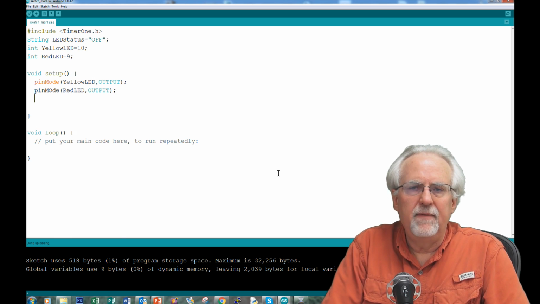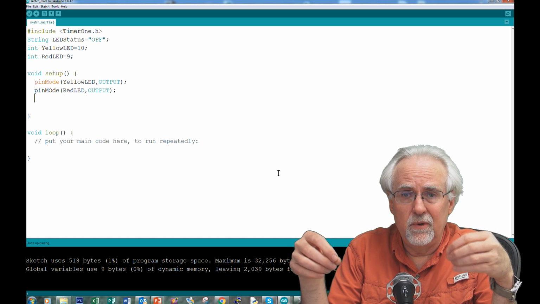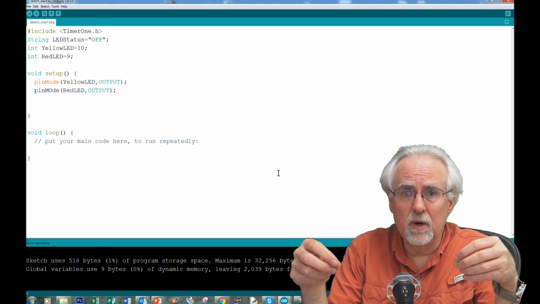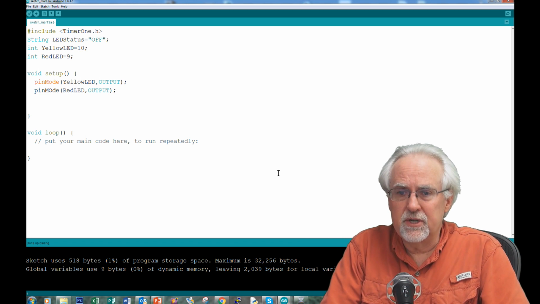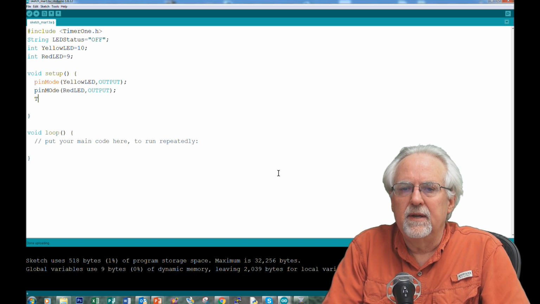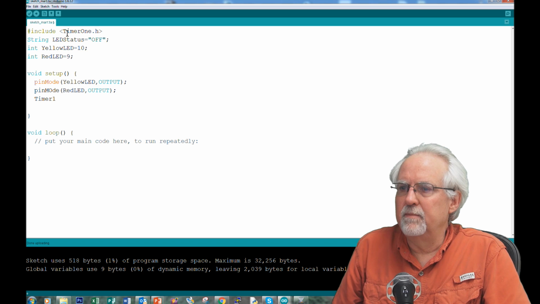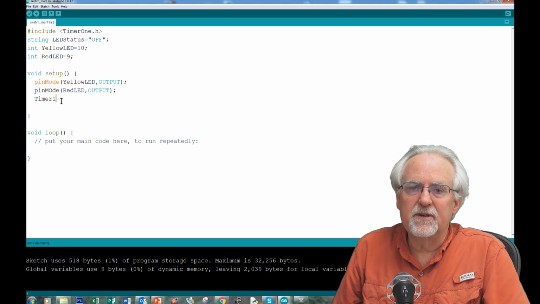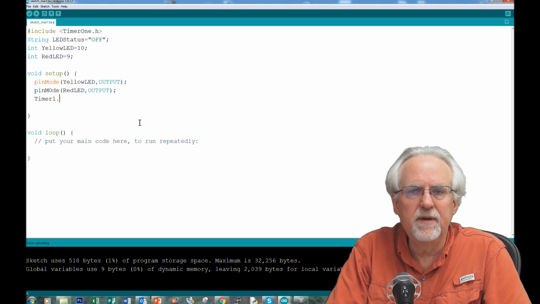Okay, and now is when we actually get to the real business. This is where we are going to define our interrupt. So we're going to start our interrupt. I'm going to say Timer1. We included Timer1 up here, but the actual command is Timer1, the number 1. Timer1 dot